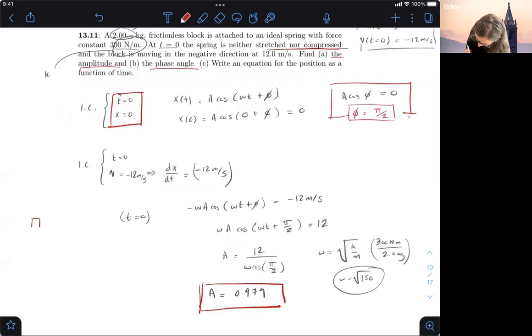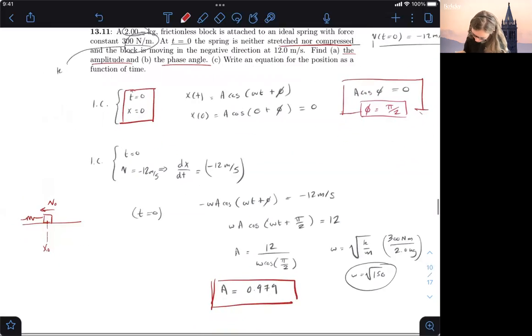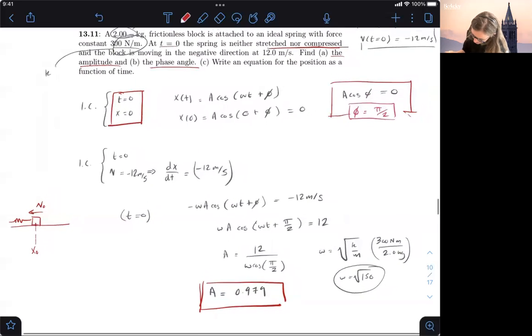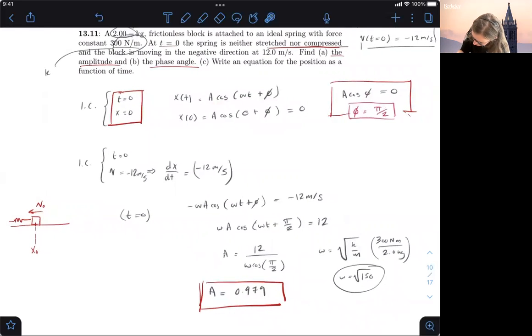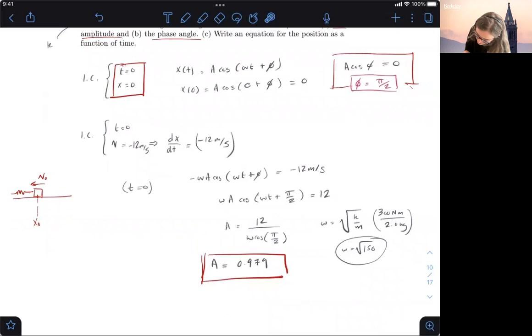So at time 0, they said that it's starting at time 0, it has some velocity, and then it's at this x naught position basically. So we have like 0 displacement basically. Okay, so that's what we started out with. And because we knew that, we were able to just use some algebra to figure out this phase angle phi. Then we had this initial condition t equals 0,